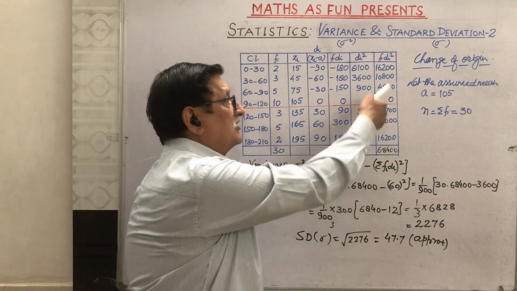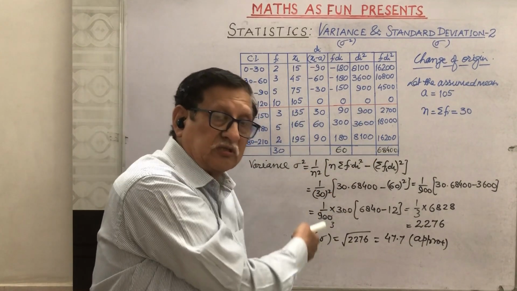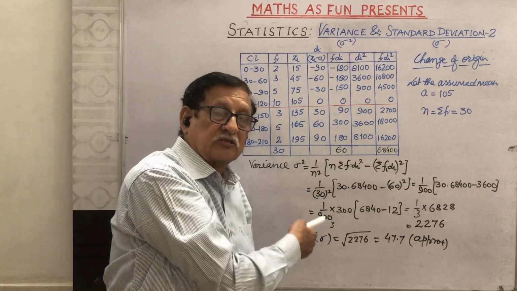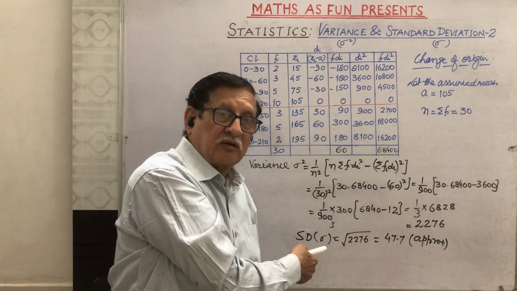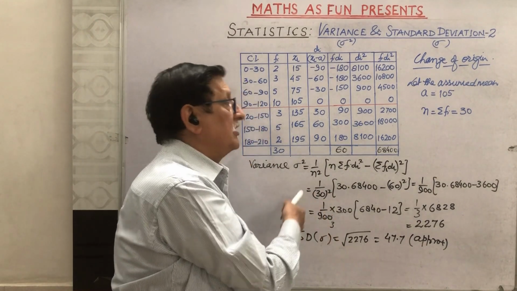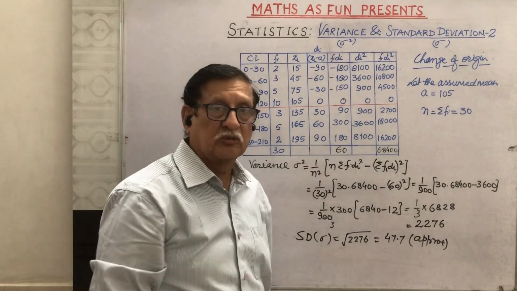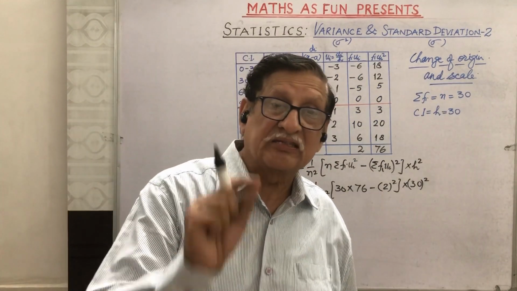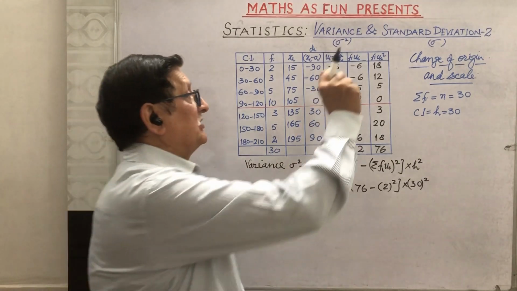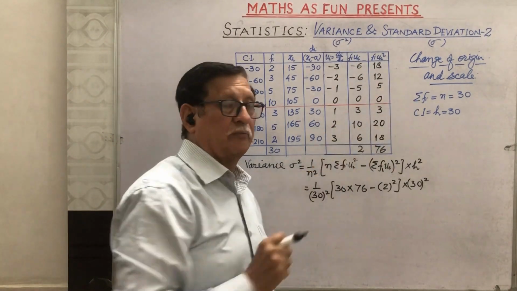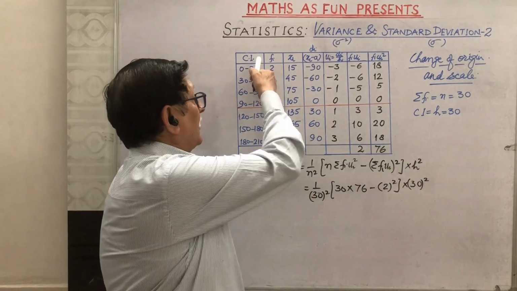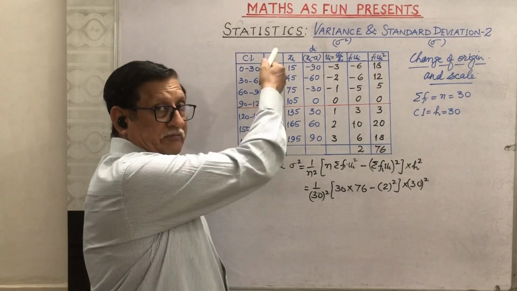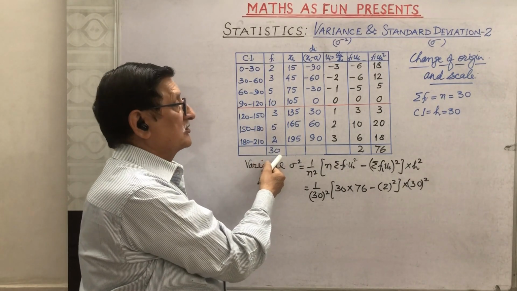Like this, by changing the origin, we can find out the variance and the standard deviation of the distribution, and there is no change by changing the origin. Now we discuss the same problem by changing the origin and the scale both. The problem is same, class intervals are here, frequencies are here, and the sum of the frequencies is 30,